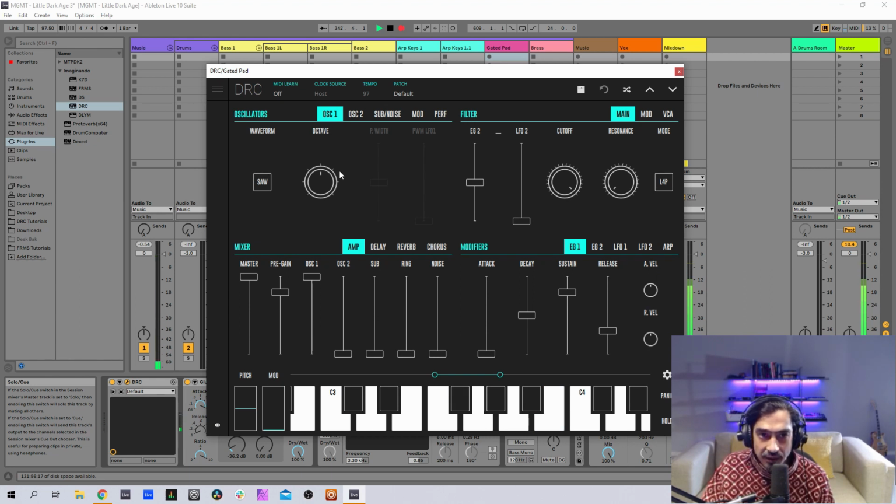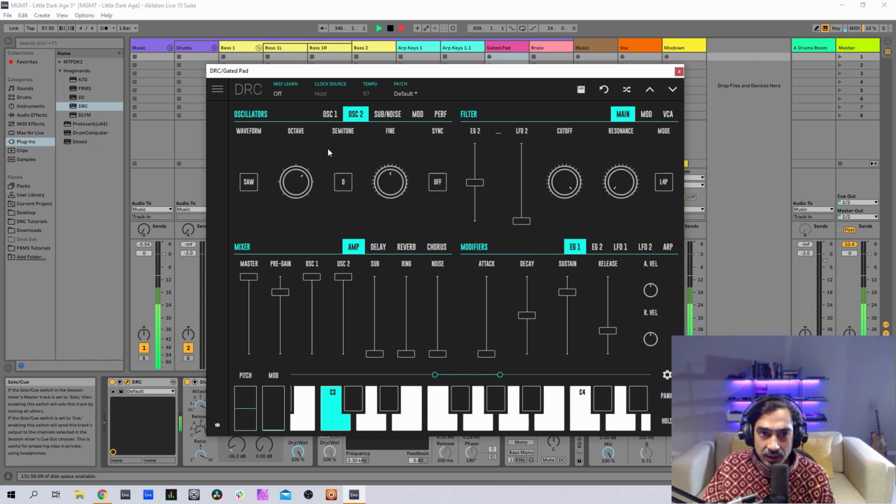And now for first oscillator, let's drop 1 octave. And raise second oscillator. Drop 1 octave. And detune it to 0.64.